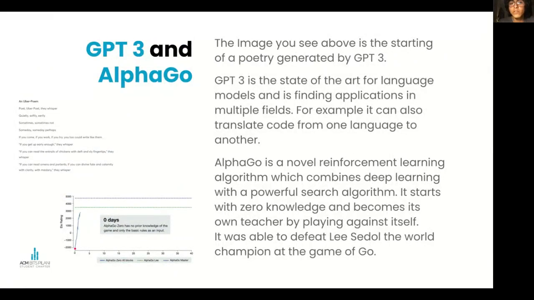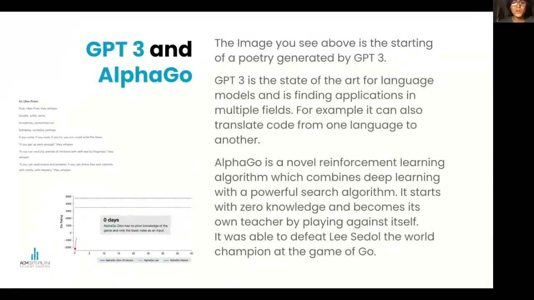These two are my personal favorites. This is GPT-3 and AlphaGo. GPT-3 is a very recent language model. It's got 175 billion parameters, and it is the state-of-the-art language model. To give you an example of what GPT-3 is capable of, it is able to write poetry which is indistinguishable from what a human writes. It is also able to write prose about itself. I highly recommend you Google and find out what it has written about itself. It made me emotional.